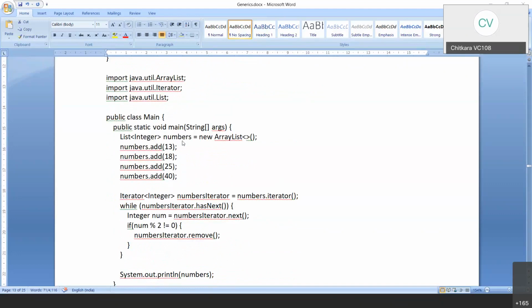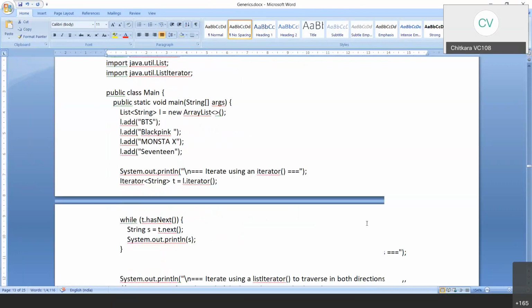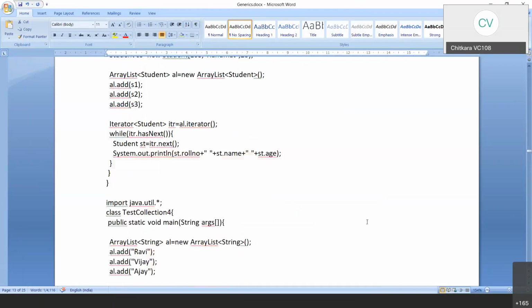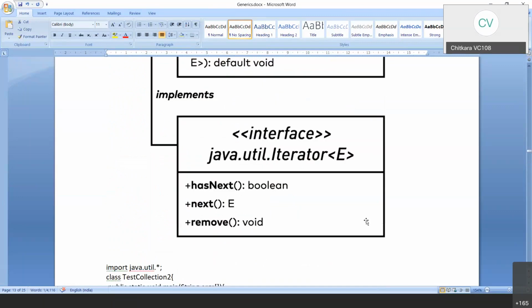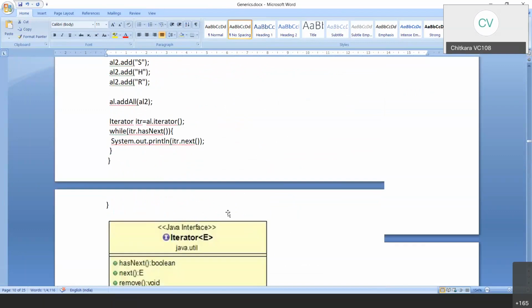Next, we have an ArrayList. We have added certain elements. We declared an iterator which is working on this particular ArrayList, and we want to do some kind of a comparison. For example, I want to implement the remove method. Where is the remove method? If you look over here, there is this particular remove method. I want to use it.